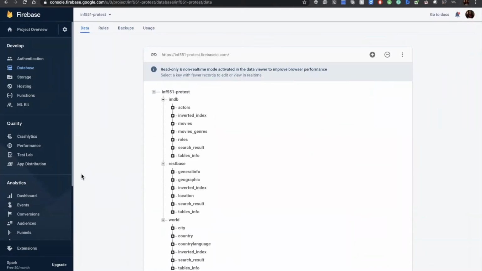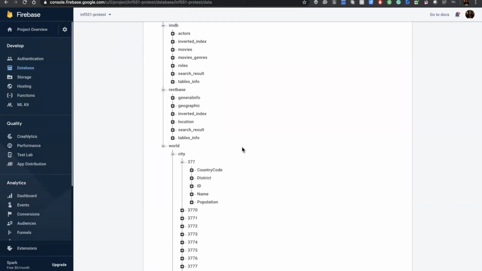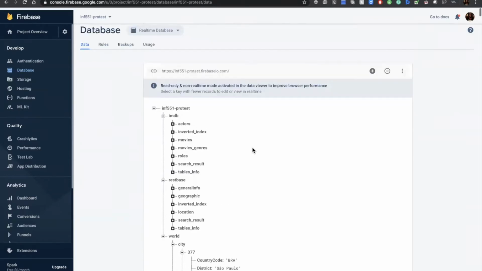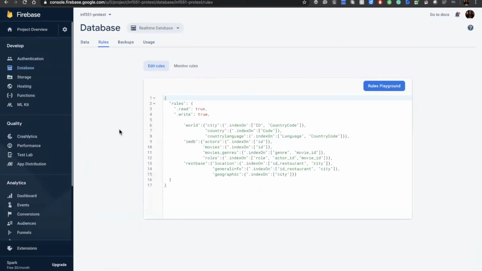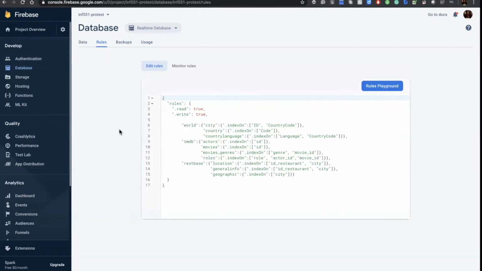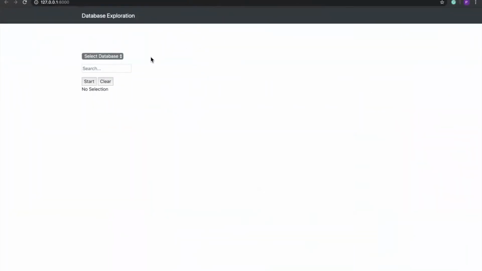If we see any of them, let us say city, every table has keys, and inside those keys are the column names, and the values of those column names are the actual row values. And we have changed the rule so that we can put the index on the foreign key and the primary key. You can see over there the index is going through the foreign key and primary key of each table, so that we can easily do the lookup. Now after doing this, we have made a web interface for searching, which will be explained by Osha.